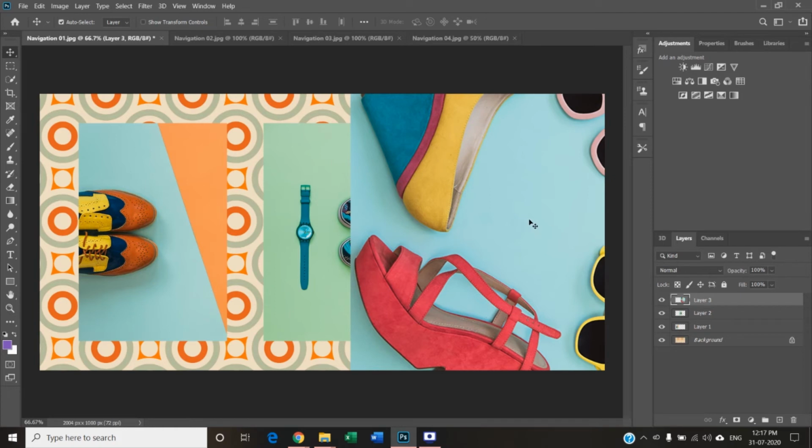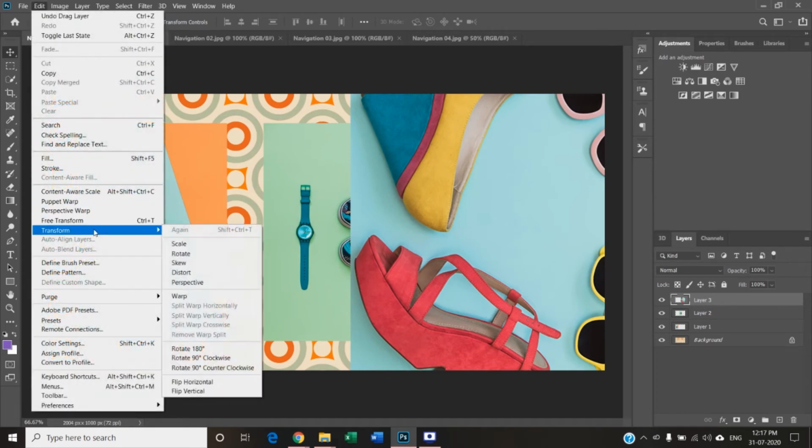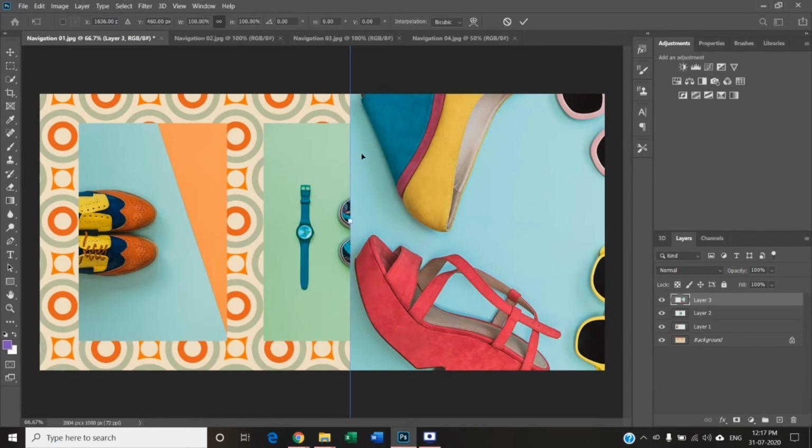For rescaling this, select the image and just go to Edit, Transform and Scale. You can see here the image has been selected for scaling. If the image is going out of the edges, we'll need to zoom in and zoom out. I'll tell you the first keyboard shortcut to use. If you are on a Mac, just tap Command and the minus key on your keyboard. If you are on a PC, just tap Control and minus.